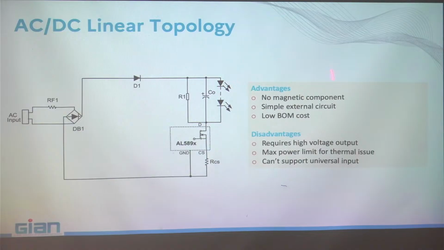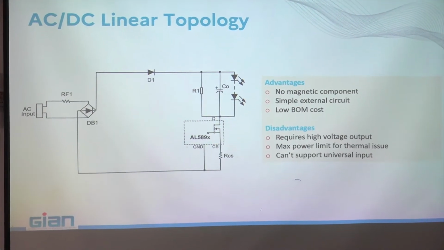Because your LEDs, remember, are in series. If one LED collapses, say 85% of the cases an LED collapses as a closed circuit. That means you continue feeding the other LEDs, but in that case the current will increase, and if the current increases, a second, a third LED and so on will collapse, and then the current increases again, and so on. And in 15% of the cases the LED can collapse open, and in that case you cut the whole string and you lose all the light. From a reliability point of view, not good.